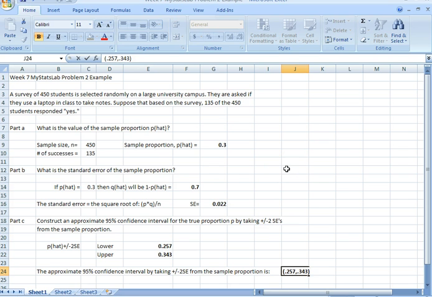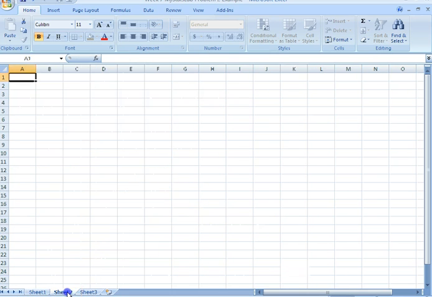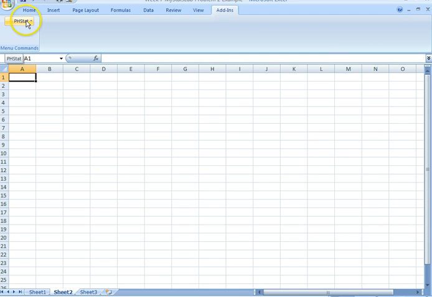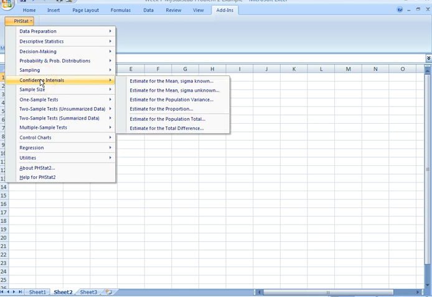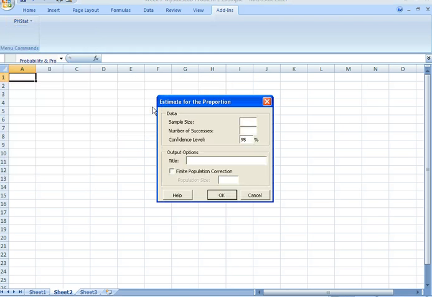But there is another way we can do this. We can let PHStat do this for us very easily. So let's go to another sheet. I'm going to go to my add-ins, and at PHStat we can go to confidence intervals and the estimate for the proportion. Click here, and all we have to do is fill in two pieces of information. Our sample size, which we know from the problem, was 450. The number of successes, we also know from our problem, is 135. It already has it set for a 95% confidence interval, which is what we wanted. Click OK,